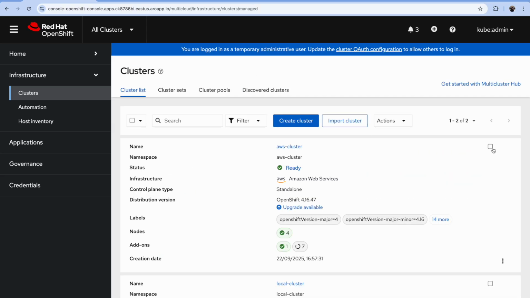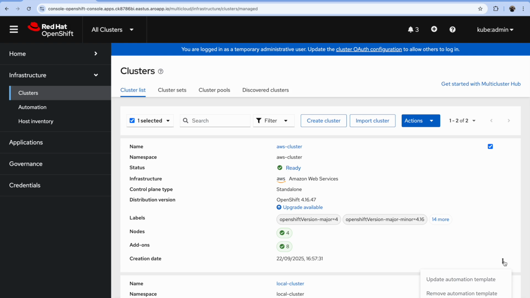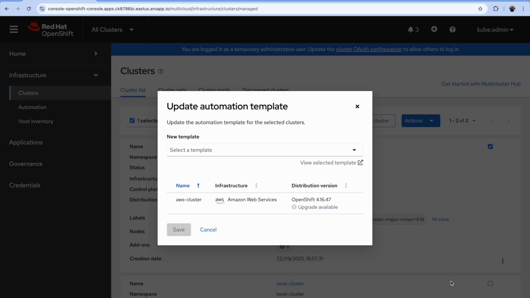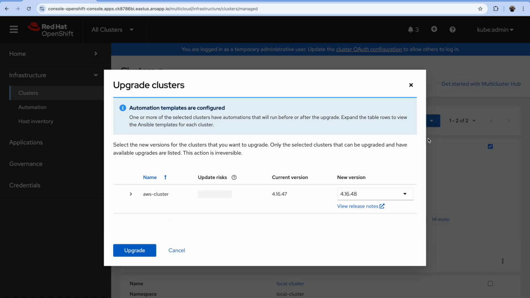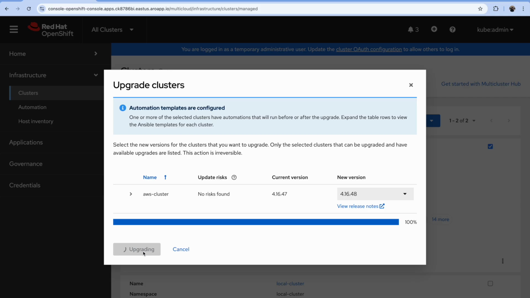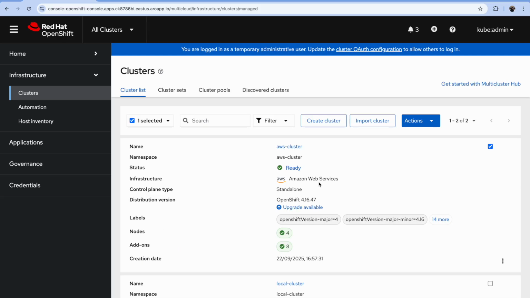So you can select here, and I'm attaching the automation template which I created earlier. The automation template got attached. Now I'll be triggering the upgrade from 4.16.47 to 4.16.48. You can see I've just started the upgrade. Before upgrading, it should go and do the pre-upgrade check. Basically it's a bunch of Ansible playbooks